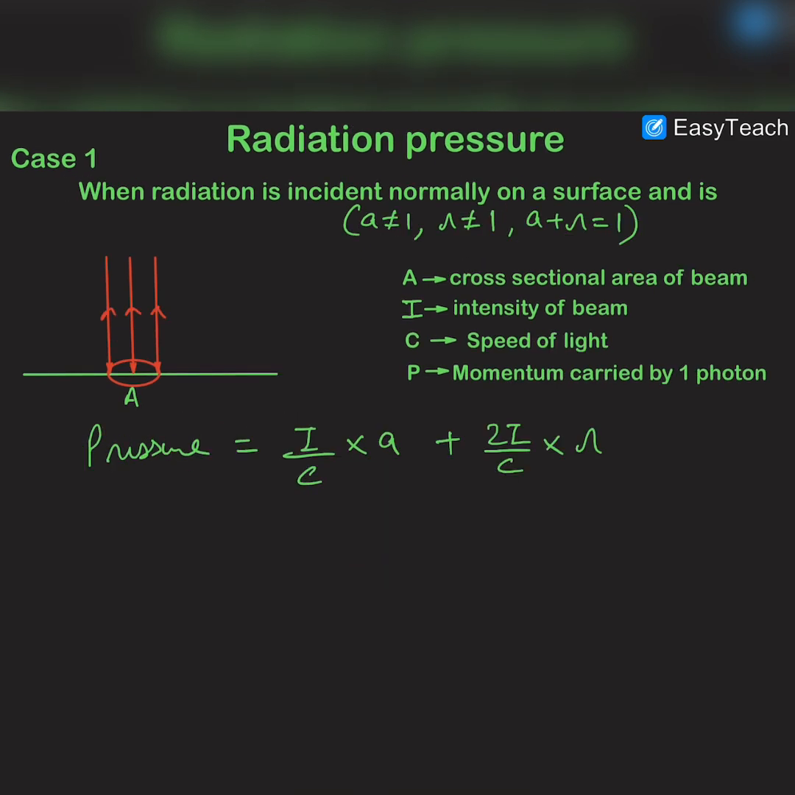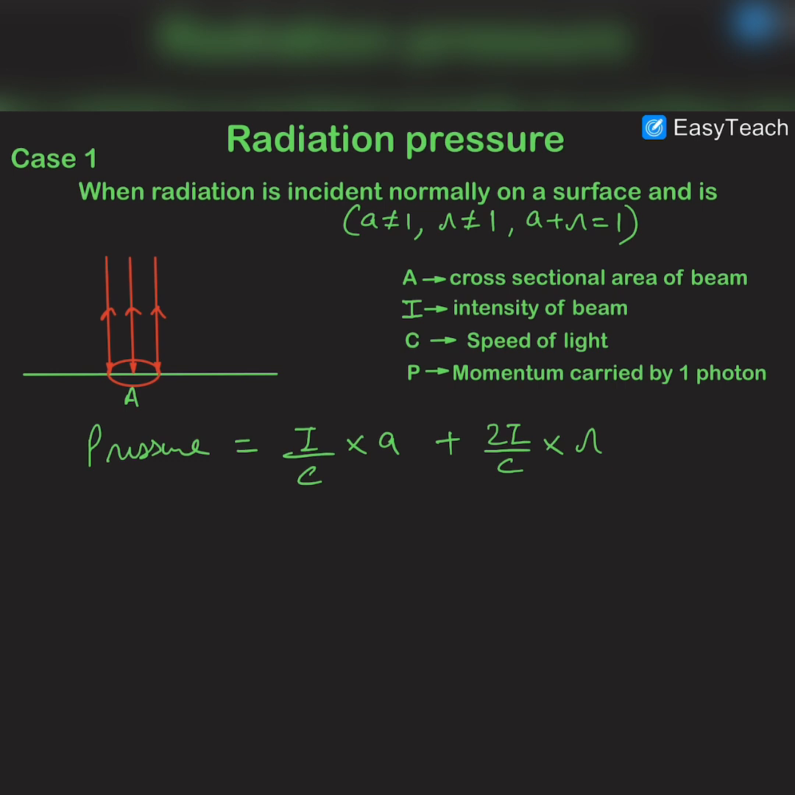So in this case, out of the 100 photons, let us say 40 are absorbed and 60 are reflected. First of all, we know that due to the complete 100 photons, the radiation pressure when they were absorbed was I by C. So due to one photon it would be I by C upon 100, and due to the 40 photons which are absorbed in this case it will be I by C upon 100 into 40, and that factor 40 upon 100 is